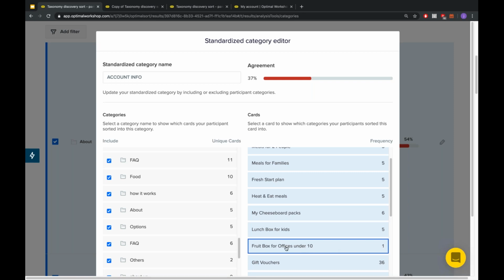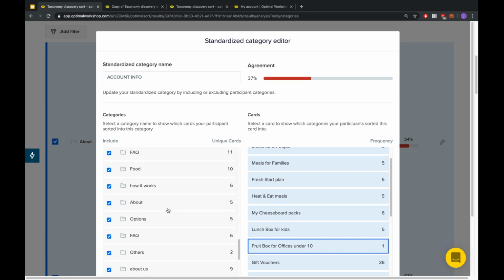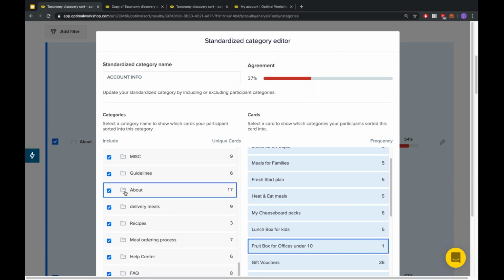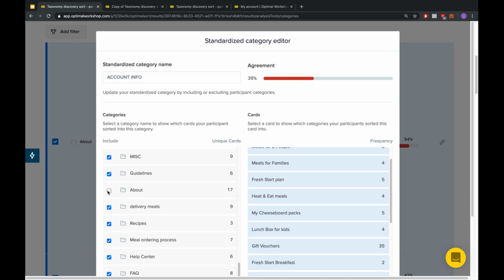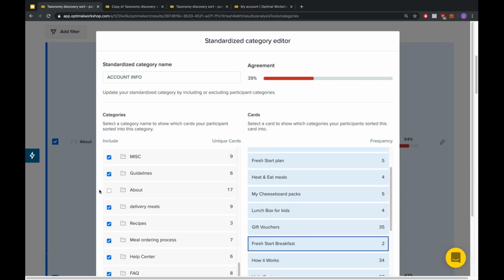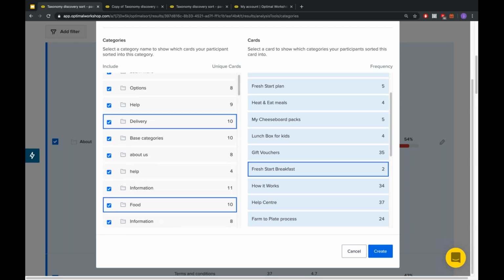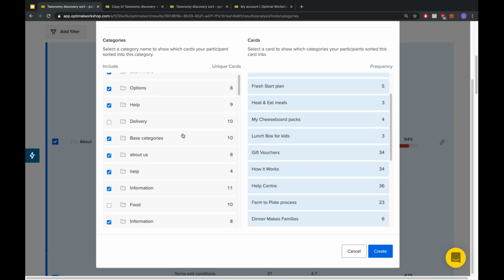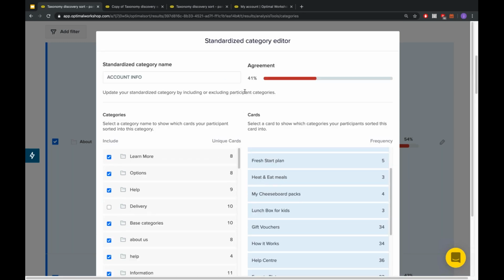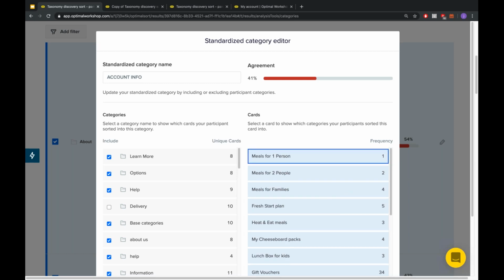So I might notice that this card here has only been submitted 1 time, and I might want to explore who that participant was and say, hey, if we remove them, how does that affect the agreement score? And so on and so forth. Let's see if we can get this over 40%. Okay, these 2 participants can be excluded, and we can see, nice, we've jumped over 40%. So that's a nice way to balance how many people you're including here, so how strong this information is, versus the consistency of what's being supplied as well.